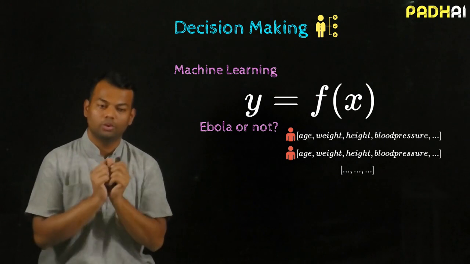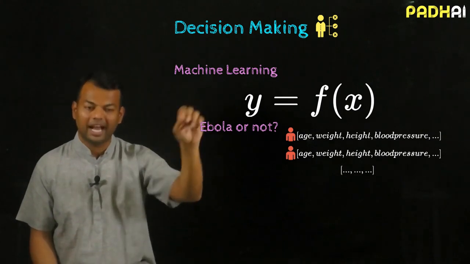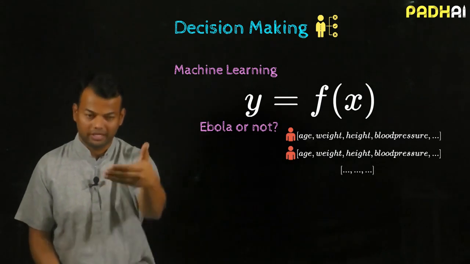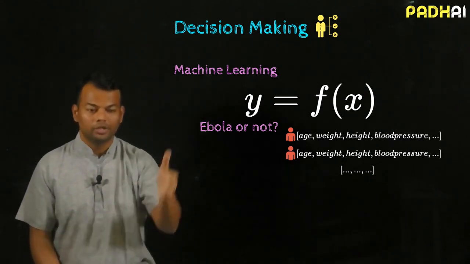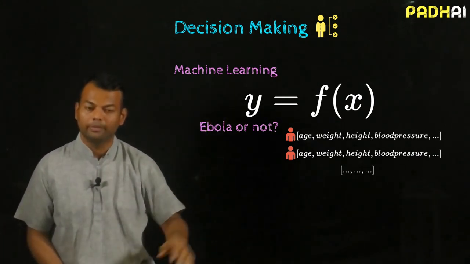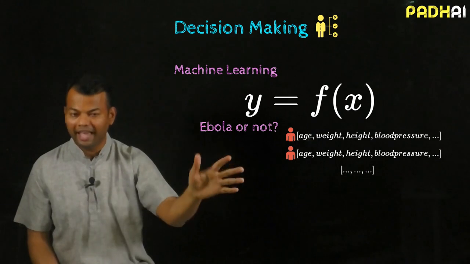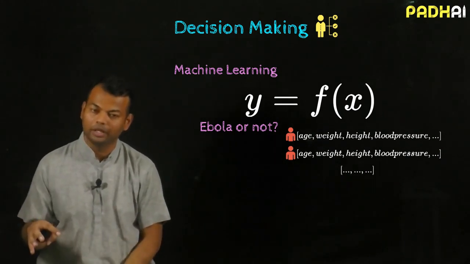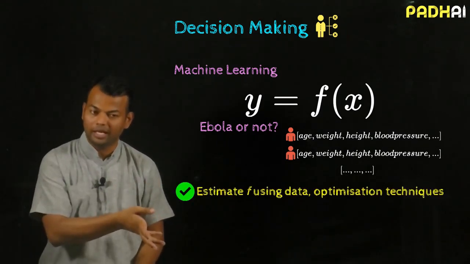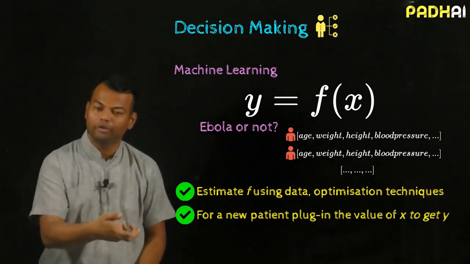I don't know this. I just throw all these variables, all these predicted variables, and for past many patients, I know that they had Ebola or did not have Ebola, right? Based on a test or based on their eventual diagnosis or eventually what happened to them, right? So I have all this data, I have the recordings of all their measurements, and I know that this was Ebola, this patient was not Ebola. I just throw all this data at a machine. I try out a good model, a good function F from the repository of functions available in machine learning, including deep learning for that matter. And now my job is only to estimate F using this data and use optimization techniques to do that. And for a new patient now, I'll just plug in the value of X to find Y.